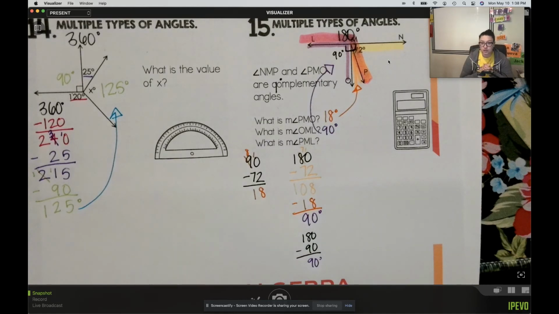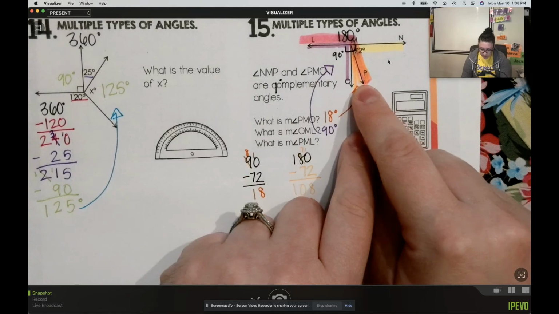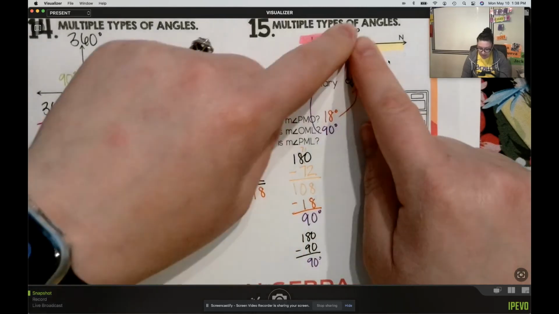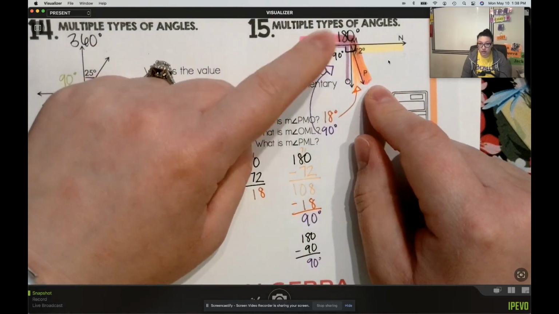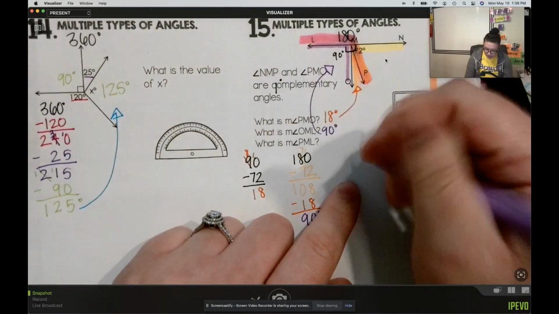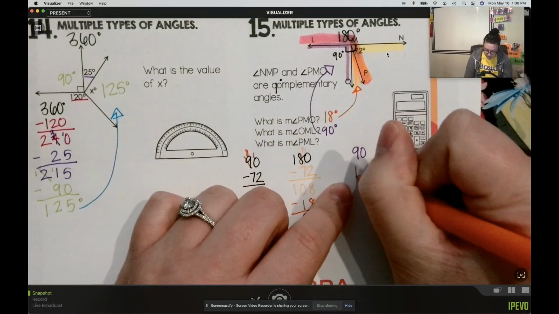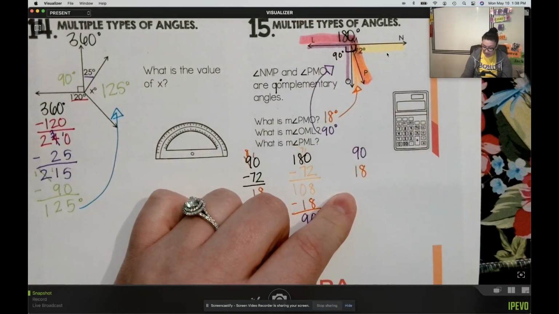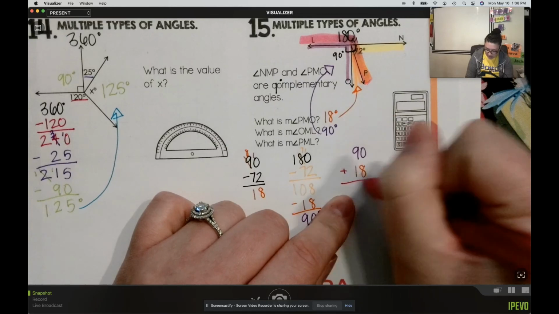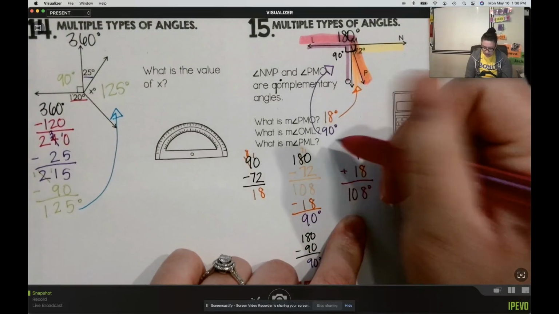So what I would do is I know that this little orange piece and this purple piece make up that bigger pink angle. That purple section is 90. That orange section is 18. So if I add them together, that should give me that pink section. So I would get 108 degrees